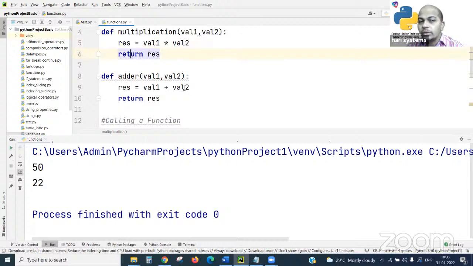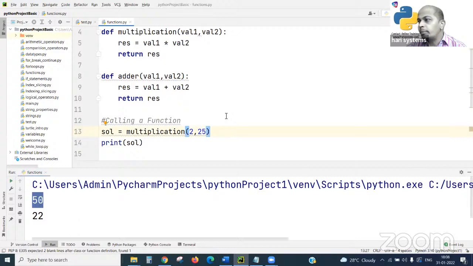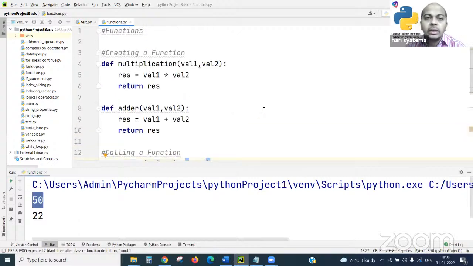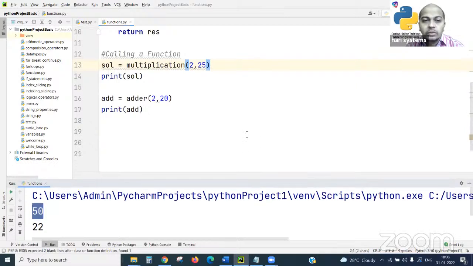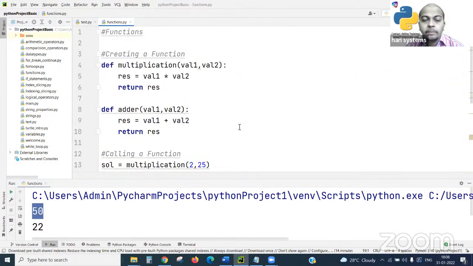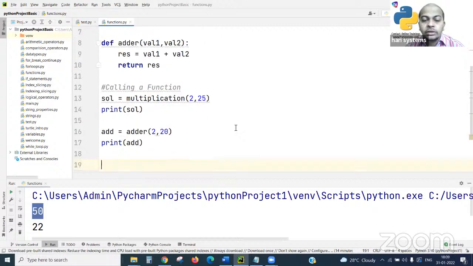Using the return keyword, we get the return value back from the function. This is the way we prepare functions. In this lecture, we'll also see how to add more parameters in a dynamic way and how it is possible.